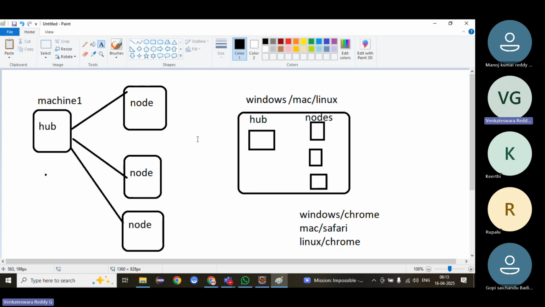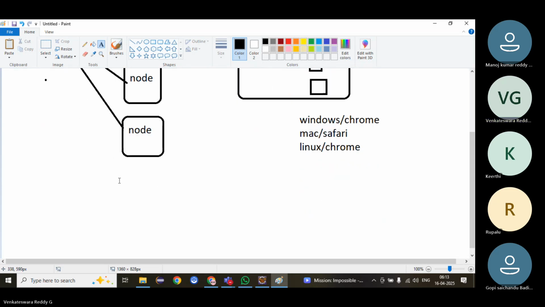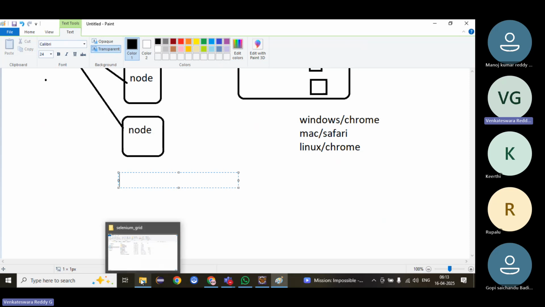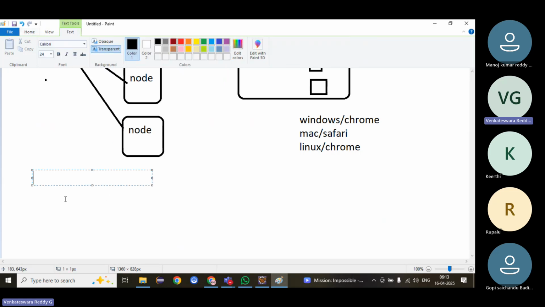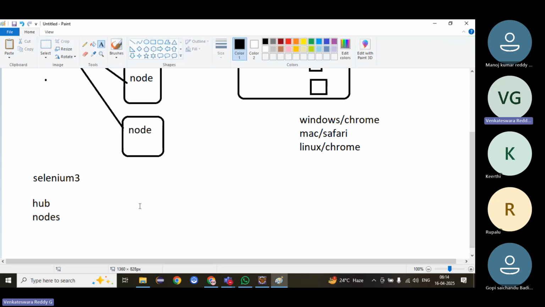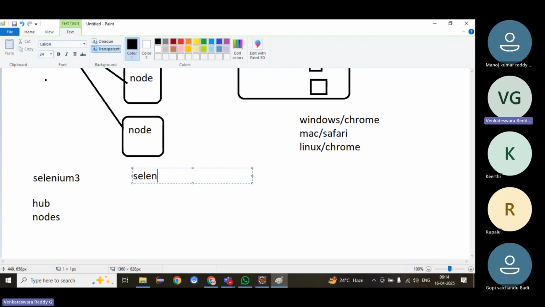Right, fine. Here we will see the Selenium 4 setup only, not Selenium 3. In Selenium 3, suppose anyone is using it, we have to start the hub separately, and we have to create and start the nodes separately. Hub and nodes we have to start differently. But in Selenium 4,